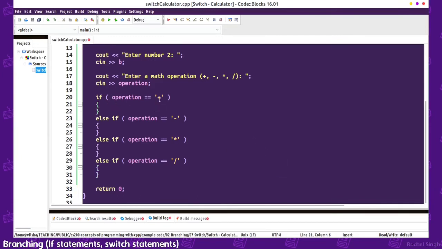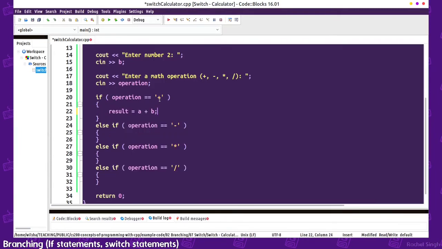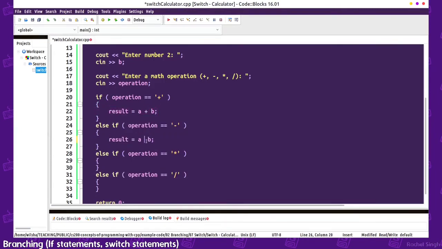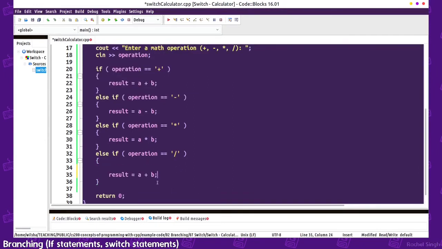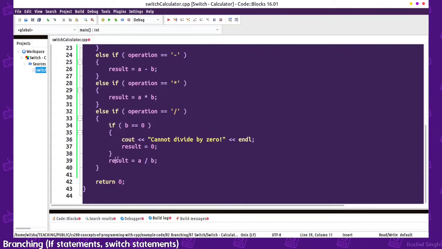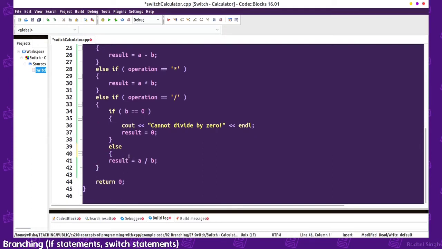So if they hit plus, we'll say the result is A plus B. If they did negative, we'll do A minus B, A times B, and then in here, we would do A divided by B, but we should also do a check to see if B is 0. We'll just say cannot divide by 0, and maybe set the result to 0. We don't really have a good way to set it to something like this is not valid. Otherwise, it's fine to do the division, and at the very end, we'll say result